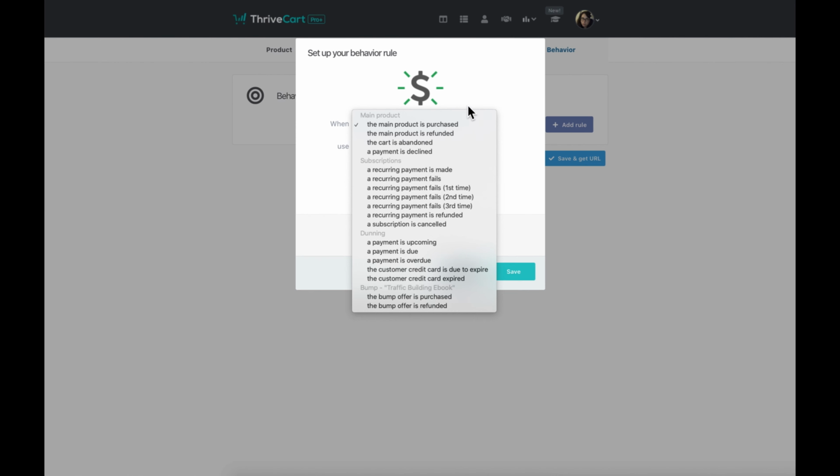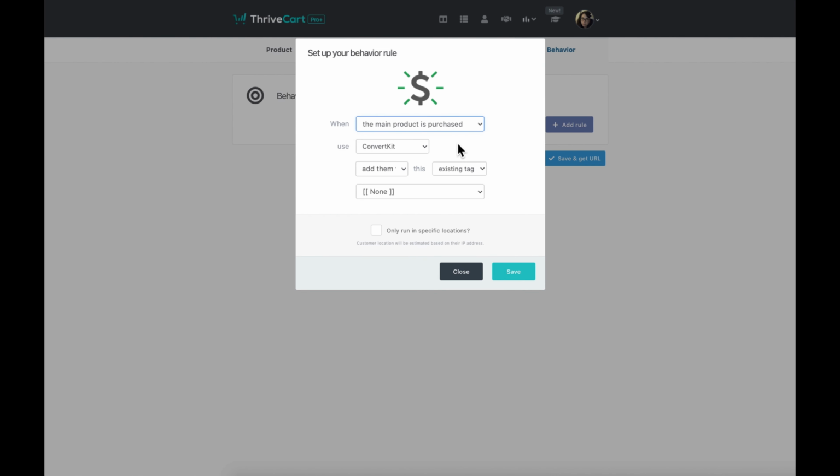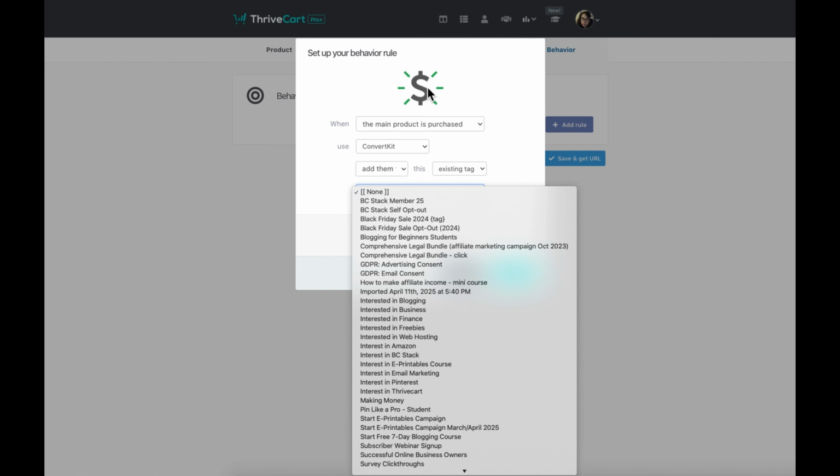So once someone has purchased my main product, I will send them to my email marketing service, which is ConvertKit, which I highly recommend. I've used it from the beginning of my business and blog, and I've absolutely loved it. I find it very intuitive and user-friendly, so I don't think I'll probably ever go back because I just like it so much. But anyway, side note,